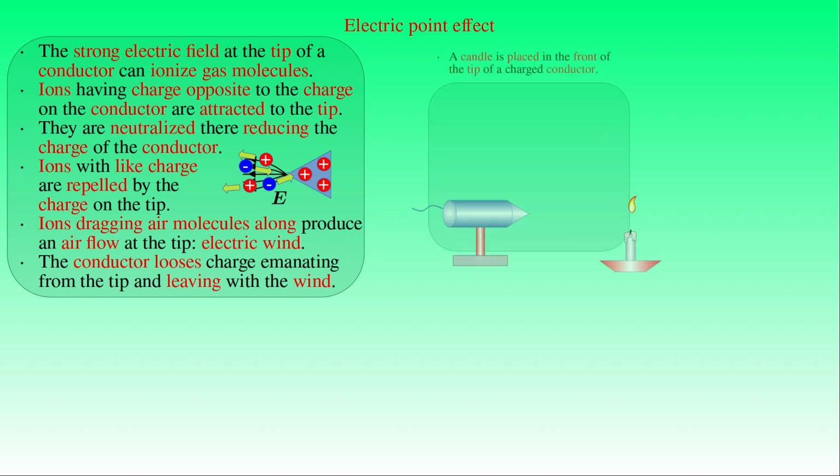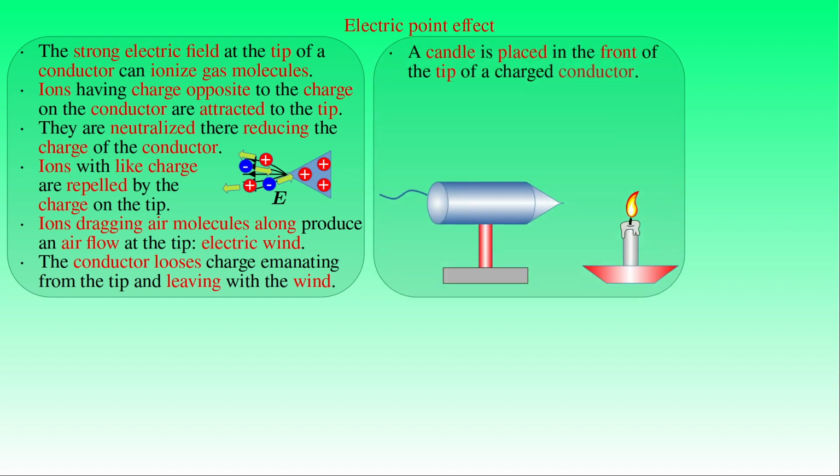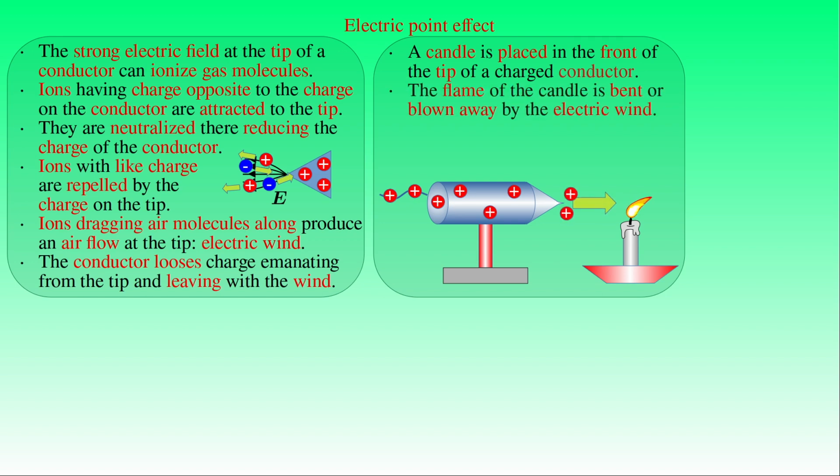If we attach a tip to the top of the cone of the metal container used in one of the previous experiments and the whole conductor is continuously charged through a conducting wire, then the flame of a candle placed in the front of the tip is pushed away from the tip by the electric wind. If the effect, that is the air flow bending the flame, is strong enough, then it can even extinguish the candle. Since the charge exiting from the conductor through the wind is compensated by recharging the metal container through the wire, the electric point effect can be maintained and the electric wind will continuously blow in the direction of the